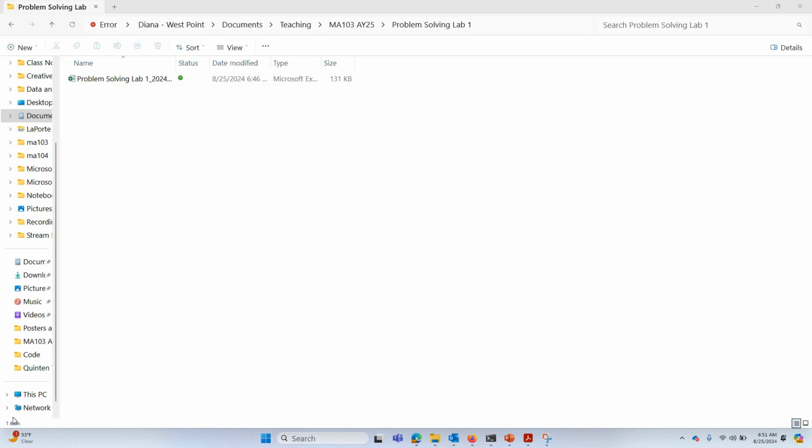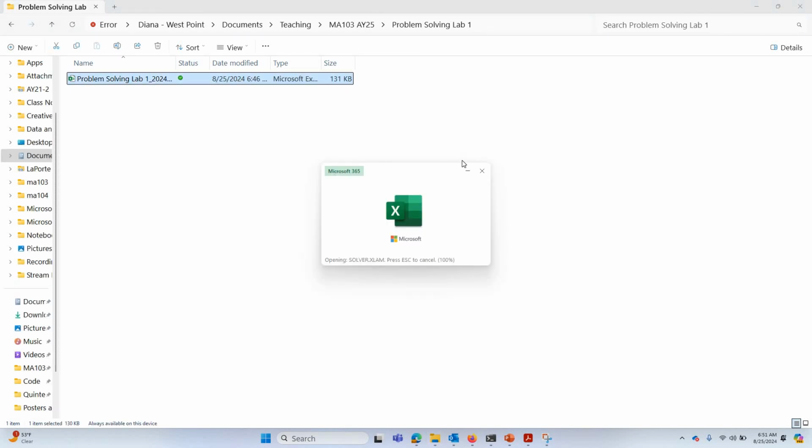Now that you have this file saved on your computer, if you do have to save it or rename it or do anything with it, you do have to close the file before doing that. But now that you have it saved on your computer, you can go to the rest of the prompts, which is,